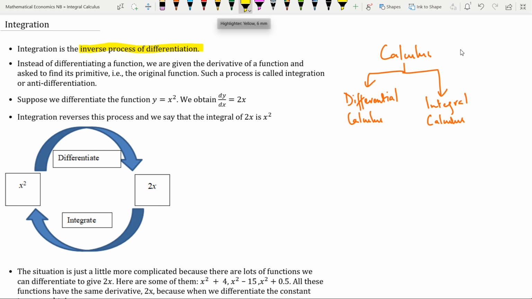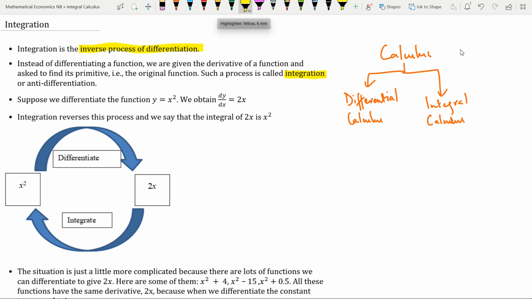However, in the case of integration, it is the opposite or the reverse. In integration, we are given a derived function and we have to find the original or the primitive function. Such a process of finding the original or the primitive function from the derived function is known as integration